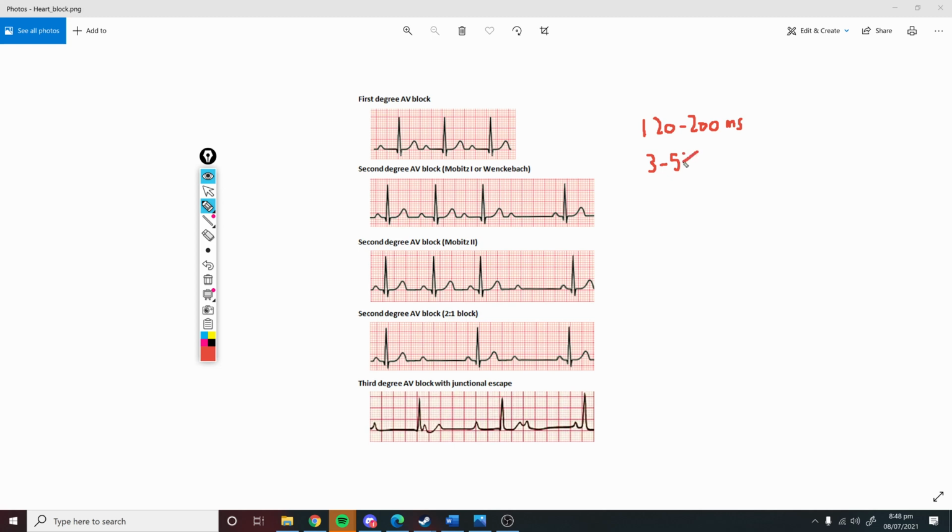It's more. If X is the number of boxes and it's more than this, you have PR interval